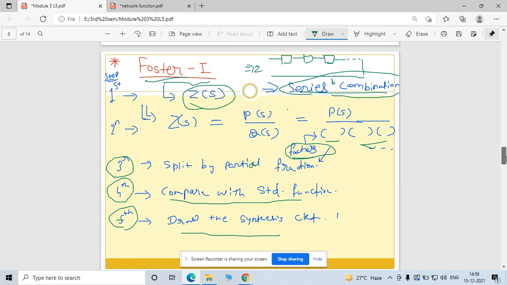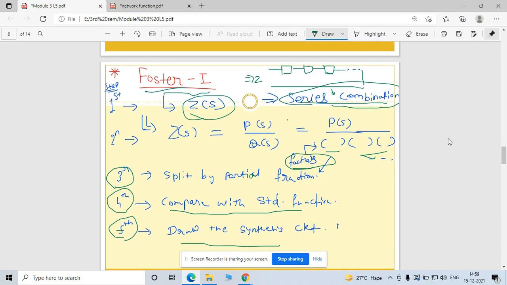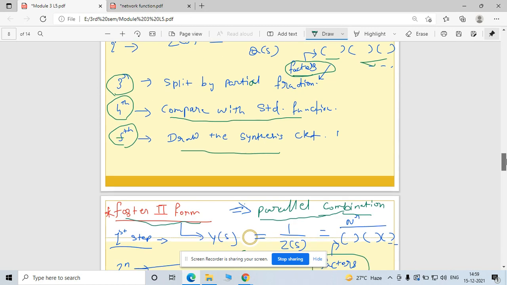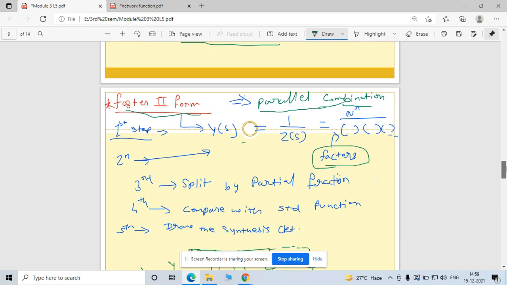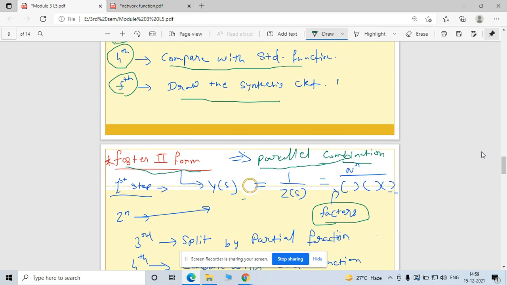In Foster 1 there are different combinations, for example LC, RL, and RC. So there are certain different combinations of these Foster circuits. We will cover that in the next lecture, and we will complete this Foster as well as the Cauer function in that class,